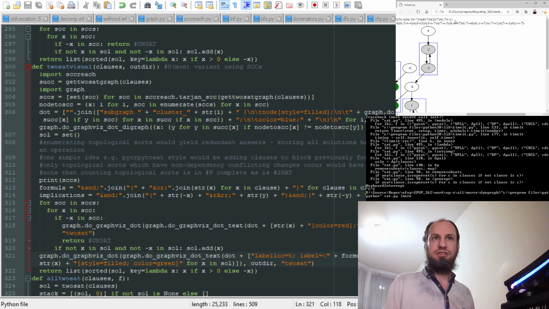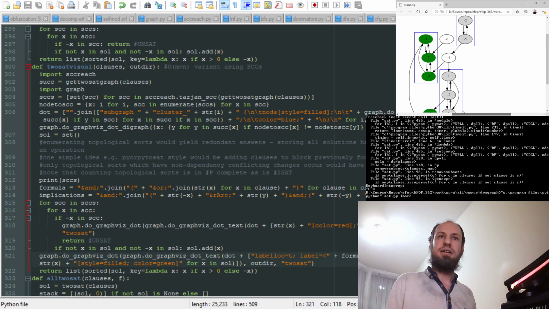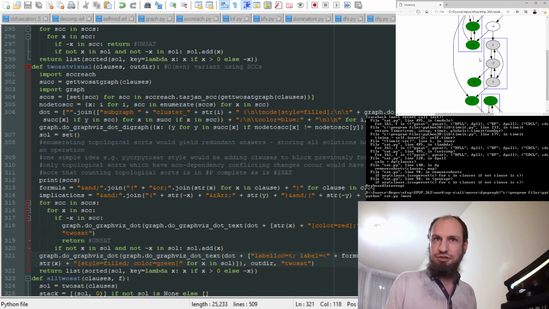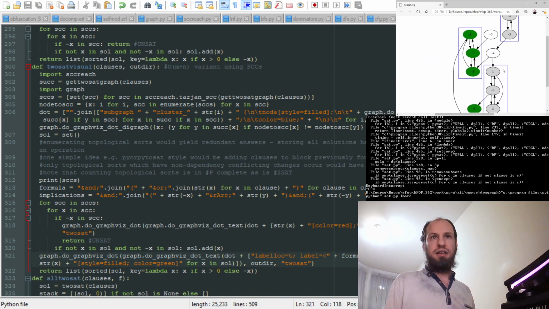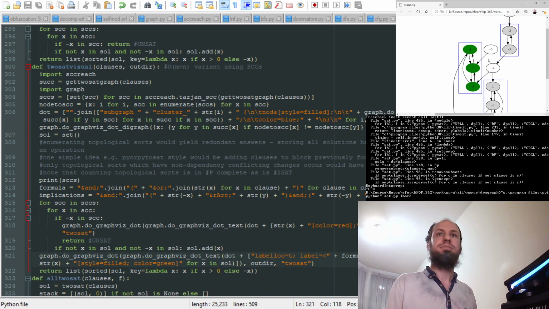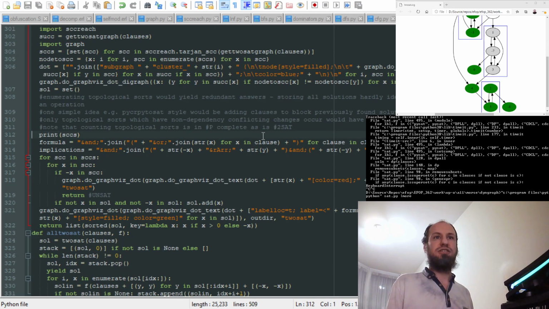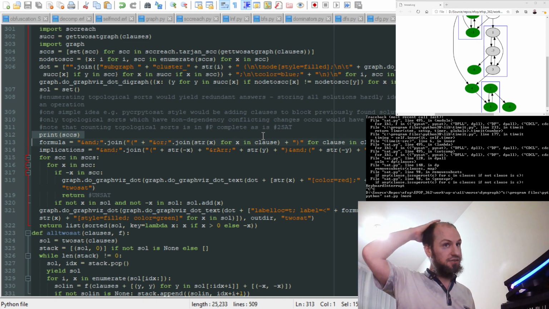So it starts in conjunctive normal form, moves on to this form. And then we have a graph. The graph is colored, showing us what the true equation is, one possible true equation. Again, because it depends on the topological sort. And the only thing we're not looking at is this topological sort. So what we can do to fill that in,